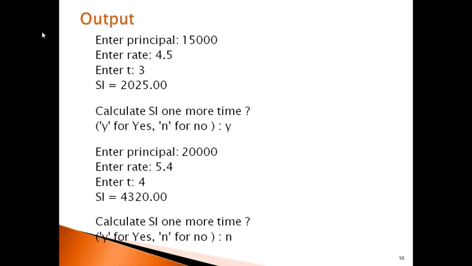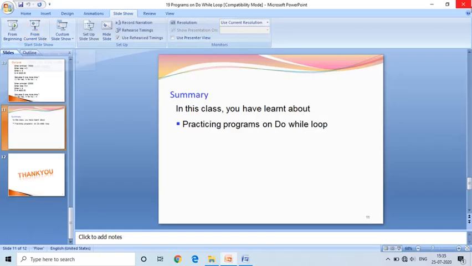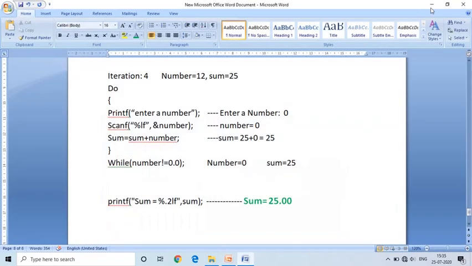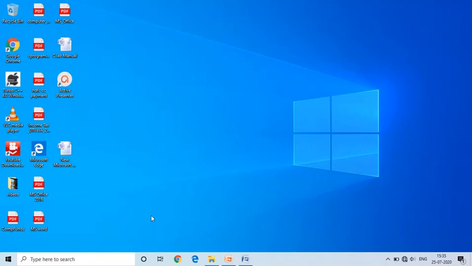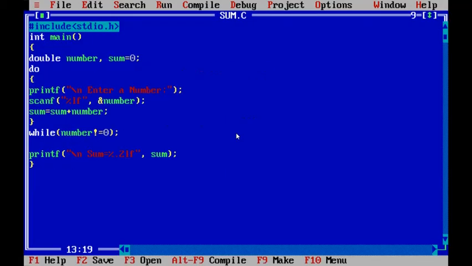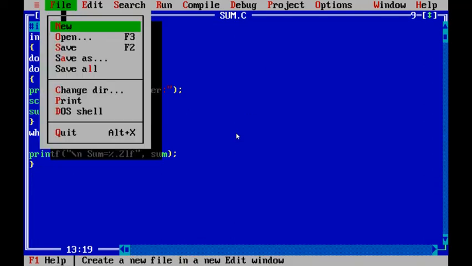We will execute the program on the C compiler. Okay, we will open the Turbo C++ compiler. New.